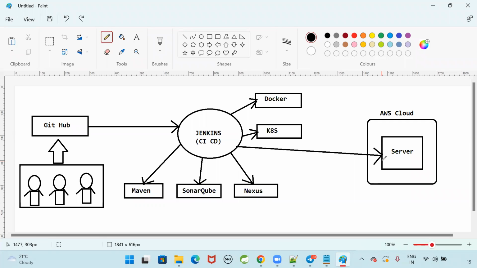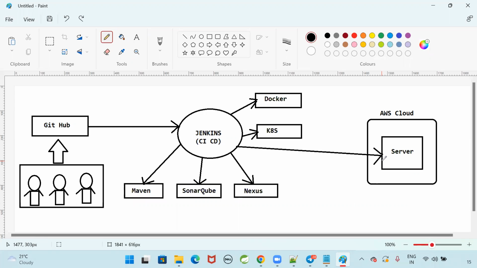What are the operations that we are going to do?